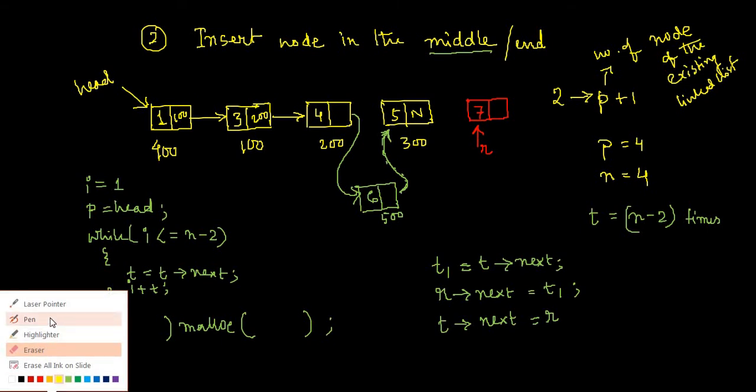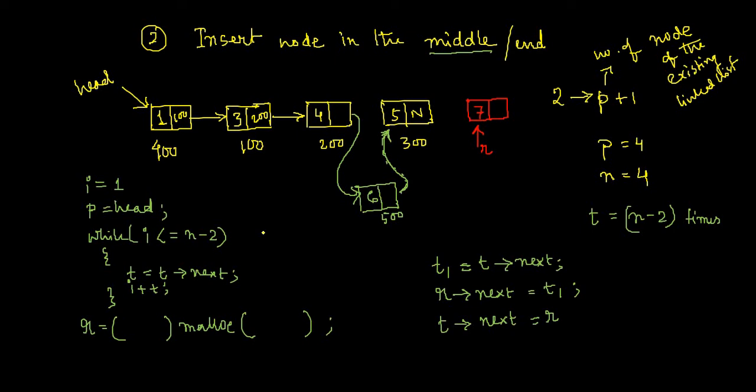So that means the next part contains the address of this newly created node in the previous situation. So that means 500. And the address part contained in this node will obviously be 300, so that it can point to this node. So this is the scenario. And right now, P becomes 5. Total I have 1, 2, 3, 4 and 5.